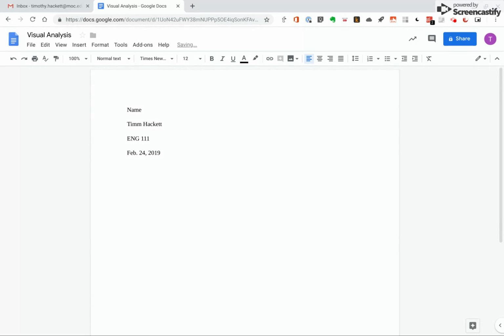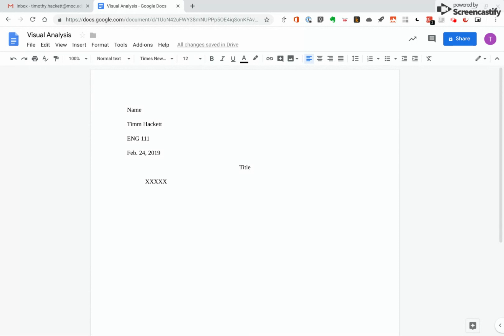Okay, so then you hit one more tab or return, and then you come over, and this is the title, and then you go one more and go back, indent, and this is where you would start your paper. Now that's properly formatted in terms of MLA, but what's nice about this is you now have the ability to